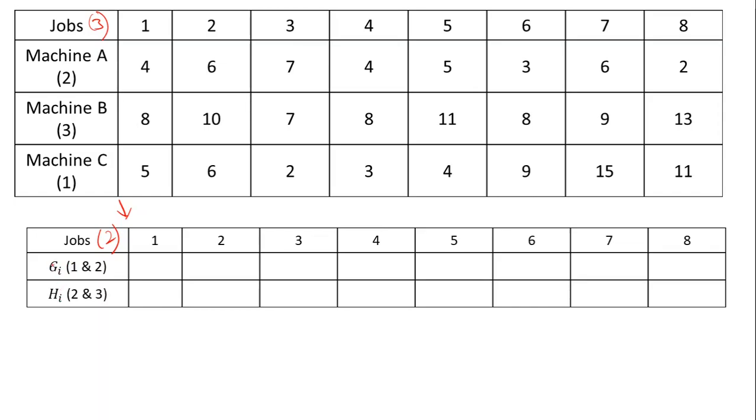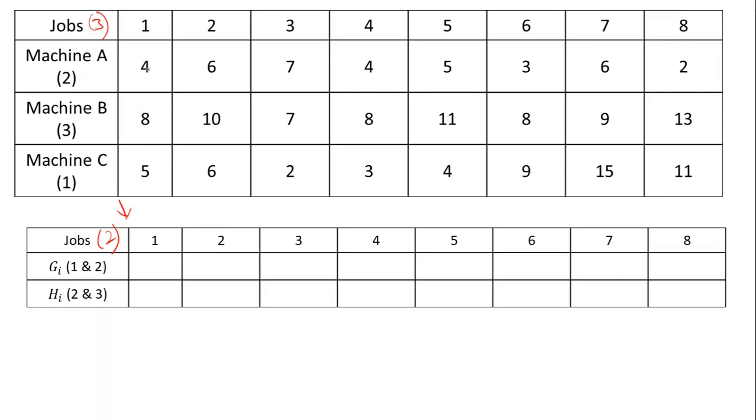This can be renamed as per your wish or as per what comes to your mind, but basically just 2 missions are present. So here, GI mission, you have to add your first mission and the second mission, whereas HI mission, you are going to add the second and the third. So what is the first mission? It is mission C, and second is mission A. So we are going to add and then write it over here.